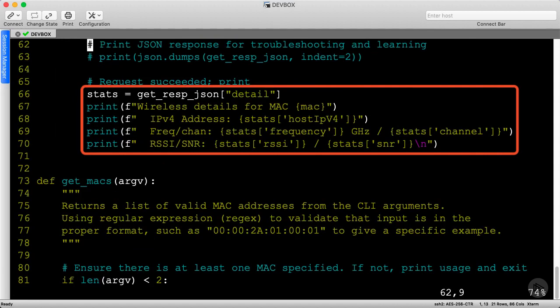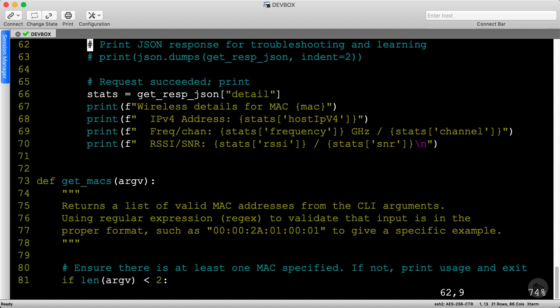Next, I perform basic JSON accessing to pull out a few bits of information like the IP address, basic wireless configuration, and wireless health. This includes the received signal strength indication and signal-to-noise ratio, which are RSSI and SNR respectively. This gives us a high-level picture of how the wireless client is performing.